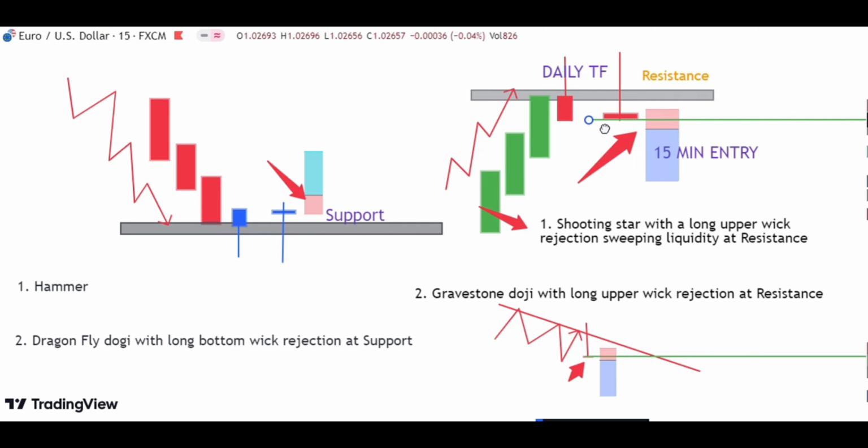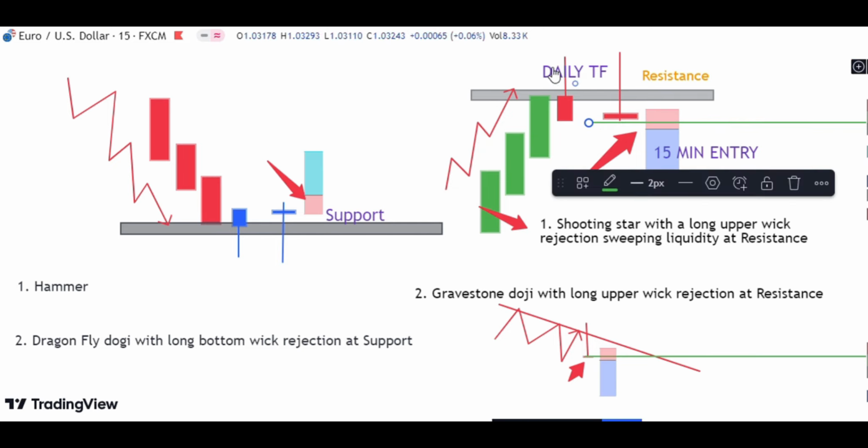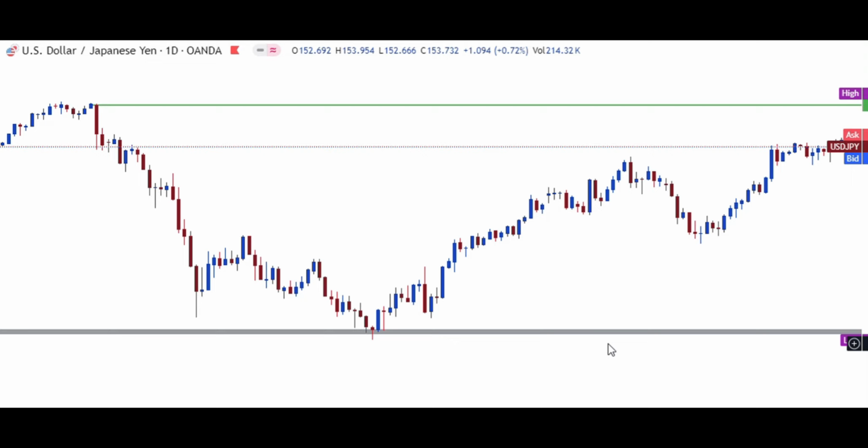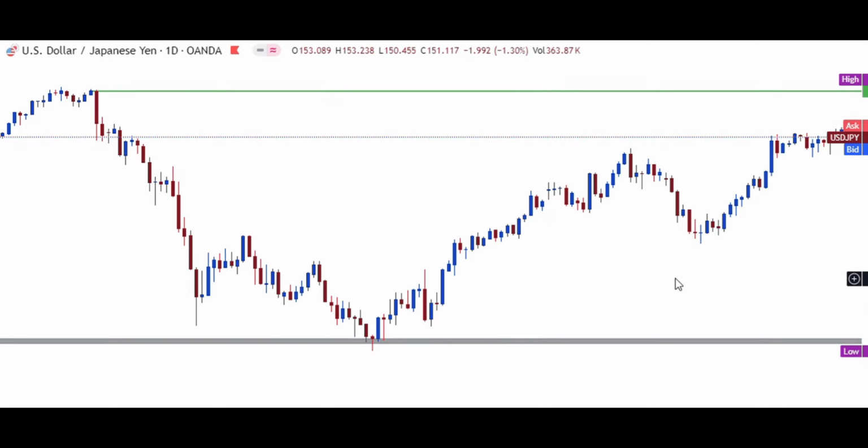You'd wait for the next day to sell below the Gravestone doji and to sell below the shooting star in 15 minutes time frame. And there is more. This is also an example. This is USD JPY, a daily time frame, and I'm going to be showing you the Dragonfly and the hammer